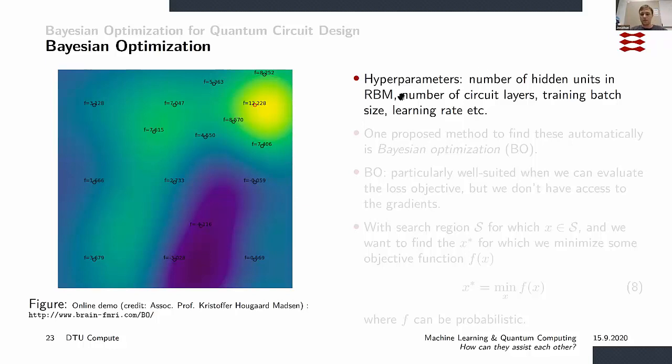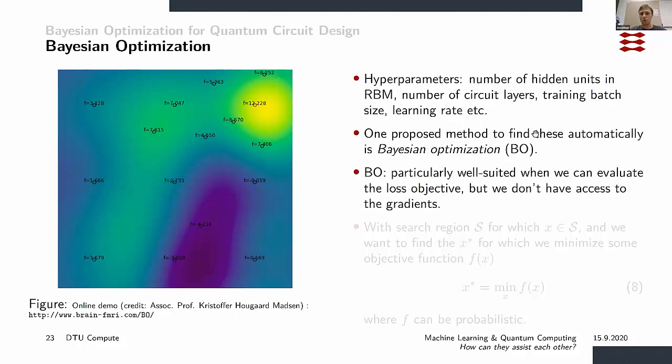And we can think of Bayesian optimization as this tool that lets us find all of these in a clever manner, in a probabilistic manner, which is well defined. And if we look to the left here, I have a grid where I have an underlying probability distribution, and now I'm handed a bunch of, I don't see the colors yet, I only have point estimates. I only have all of these numbers here, and now my task is to click on this, and then I have to find the maximum of this function.